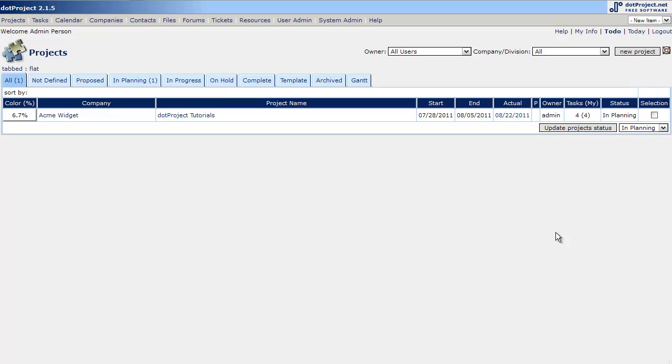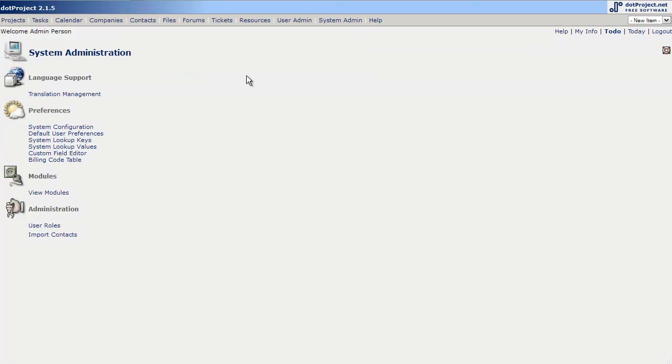In this video we're going to go over Project Designer. Now, Project Designer is a fantastic way to add tasks to your dotProject project. It's an add-on module that came out on dotProject version 2.1. It's been around for a long time prior to that, but as of 2.1 it became part of the standard install. Now by default it's not turned on, so you have to go into System Admin, go to View Modules,